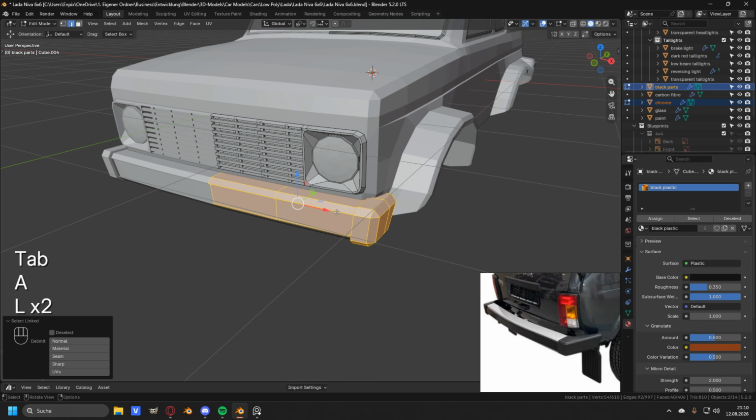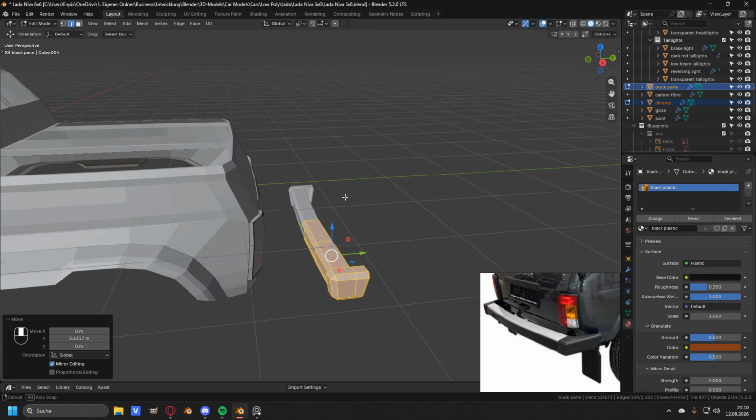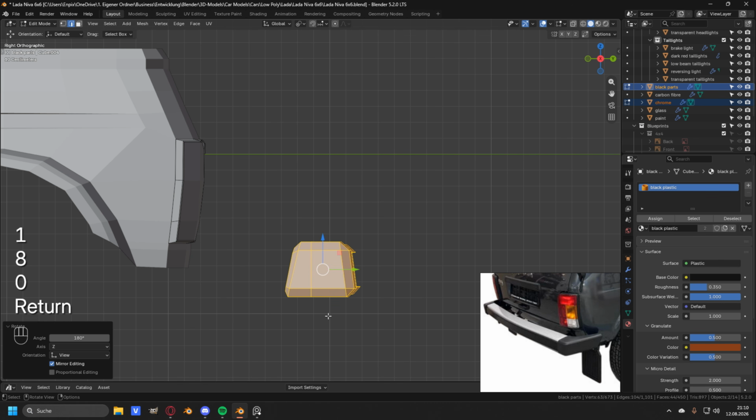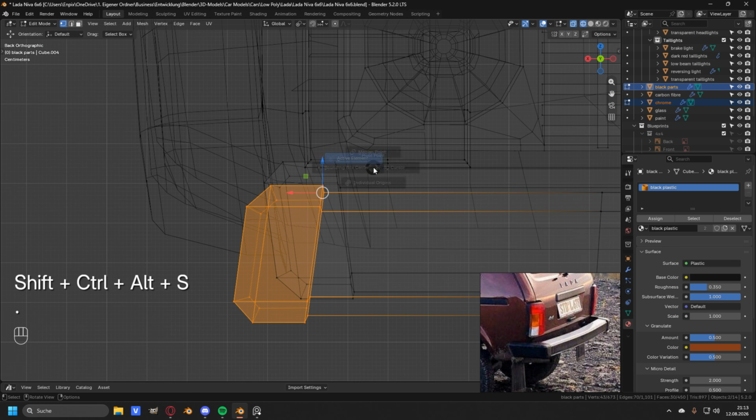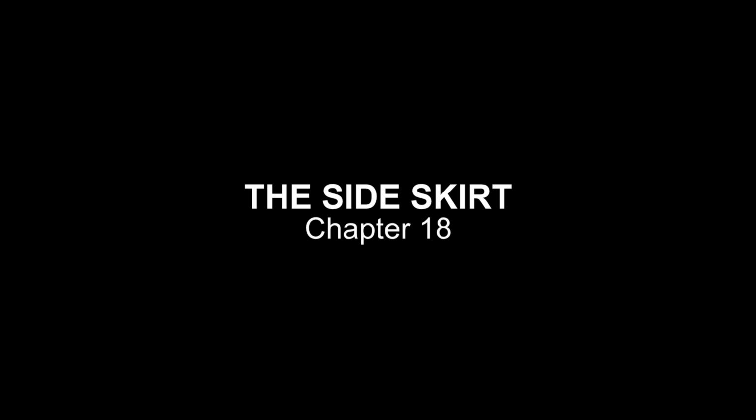As the back bumper was basically the same as the front one, I just took the front one and duplicated it to the back, made some simple adjustments, and with that already finished it and continued with chapter 18,